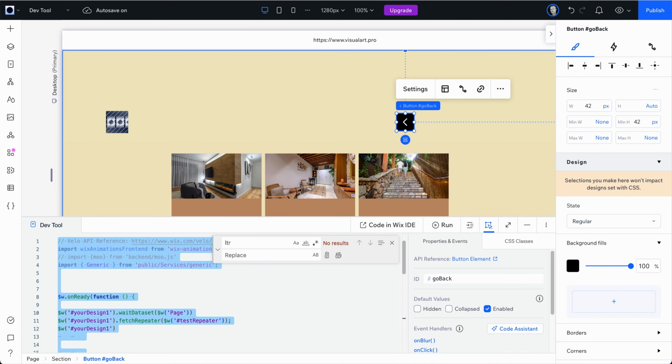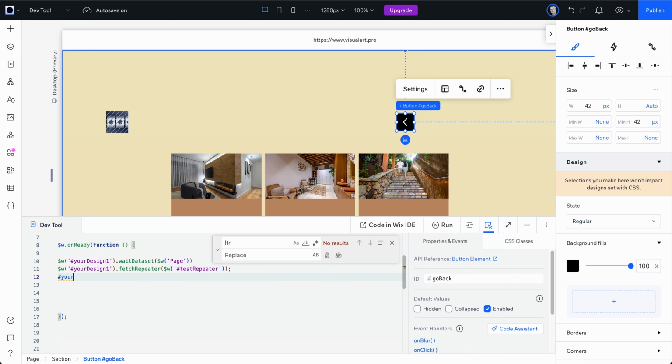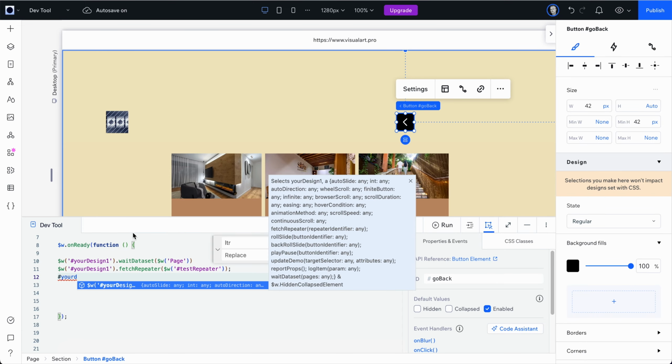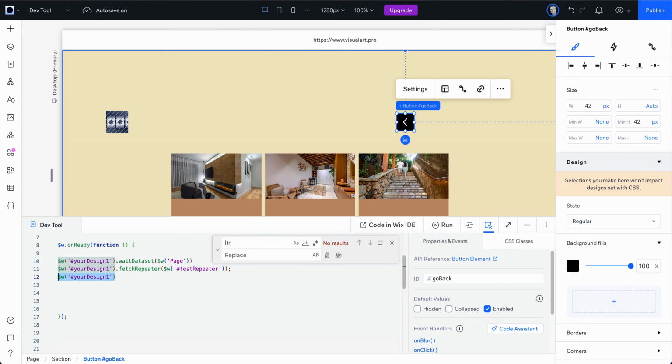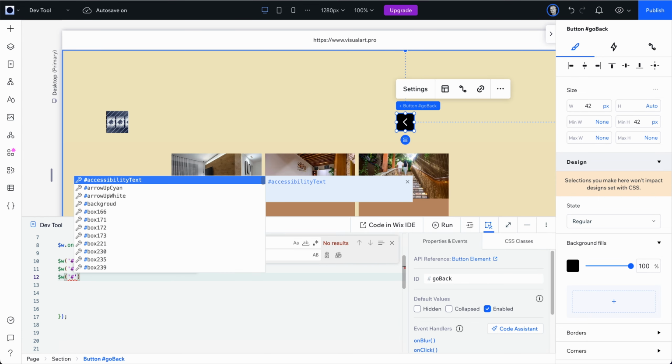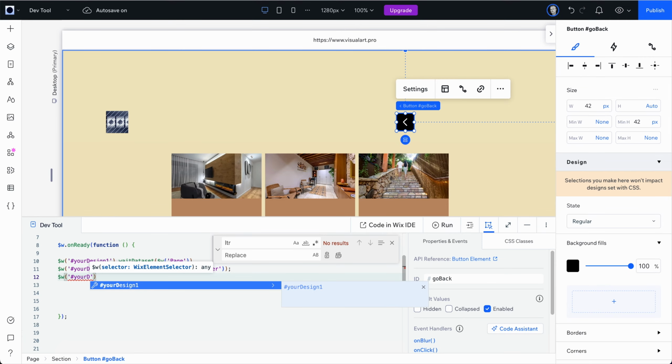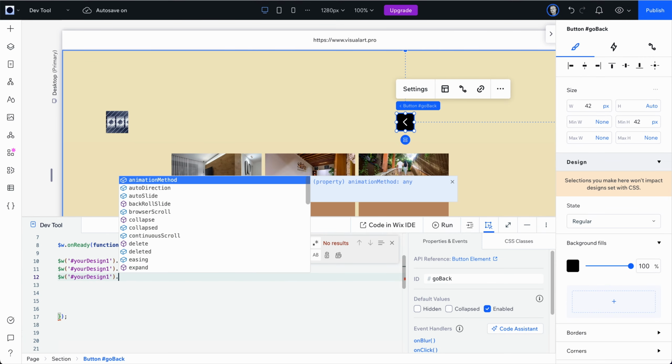What I'm doing is typing hashtag and the start of the word here, the widget ID, and then it gives me this suggestion, and I click tab. Or I can just do $w, open bracket, quote, hashtag, your capital D design one dot. We want this to go back, so